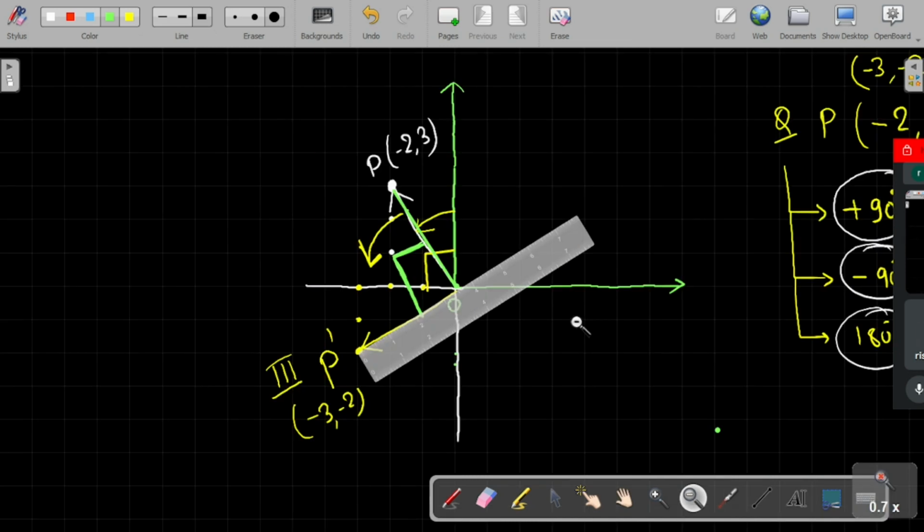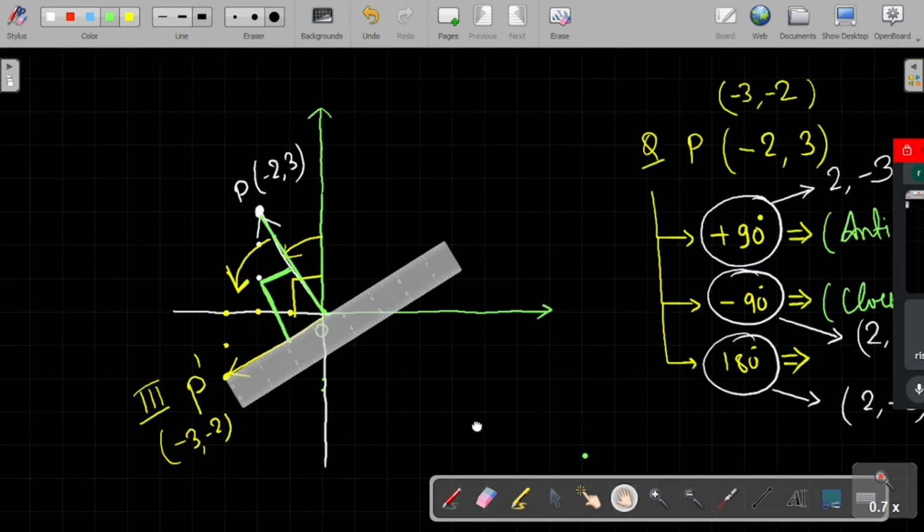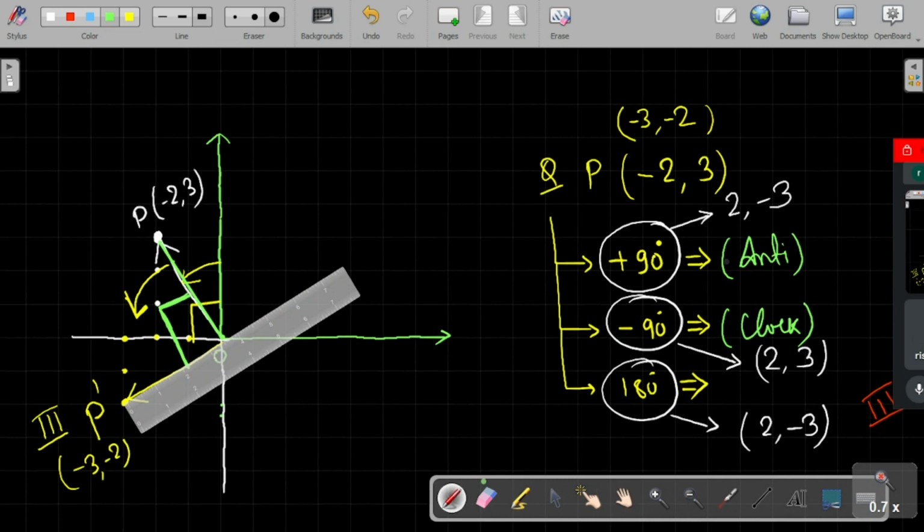Why am I giving you such verification? Because there is no such rule in your textbook which I am giving you. It's my observation, it's my trick, you can say. That's why I am giving you a confirmation, or you can say proof also. Length is same, angle is 90 degrees. So my trick is correct. Are you getting my point? Okay, so the first answer is wrong. You have told me this 2 and minus 3. It's wrong. The correct answer was minus 3 and minus 2.